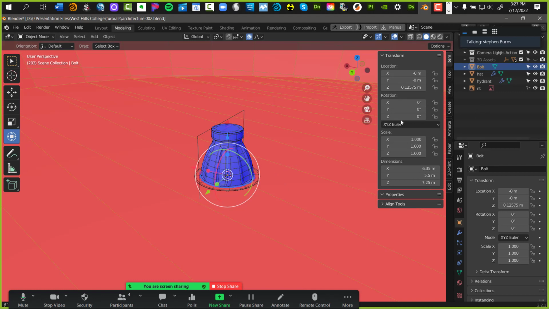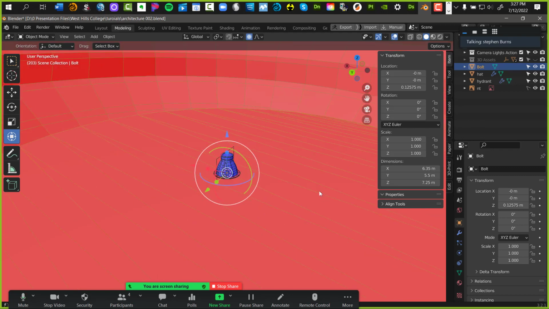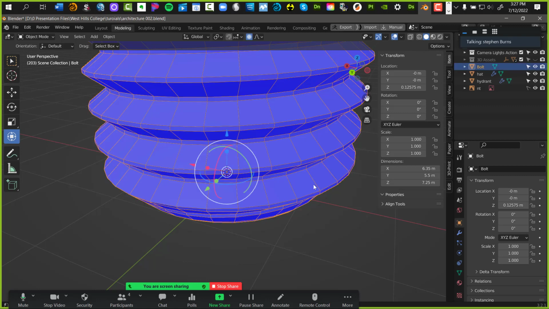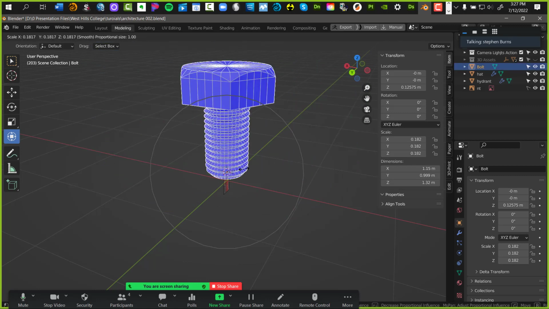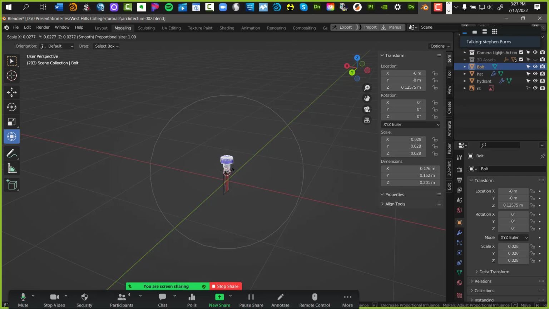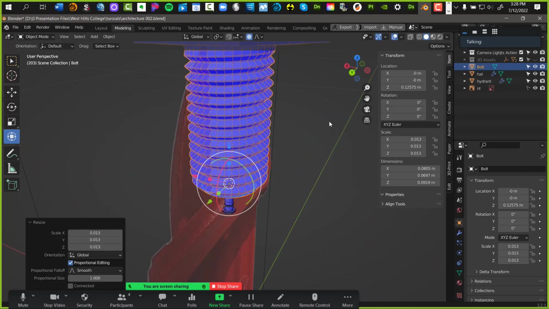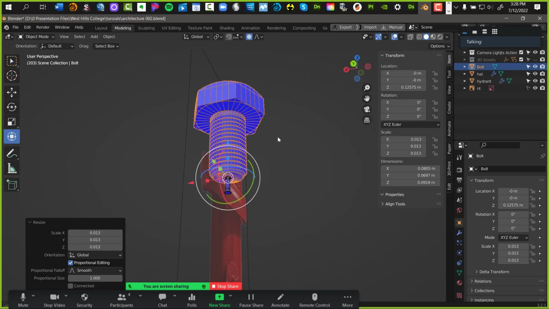So now there's the boat. I'm going to click everything off and just click on the boat. So I'm guessing, there it is. Well, that's kind of weird. That's what's happening.